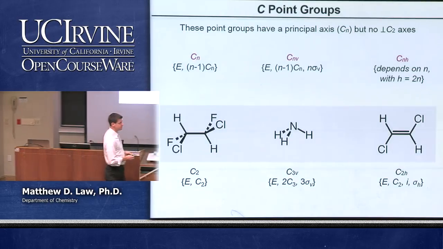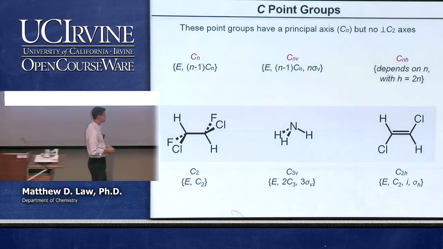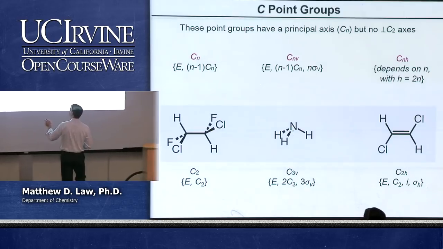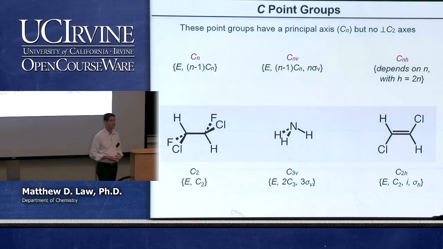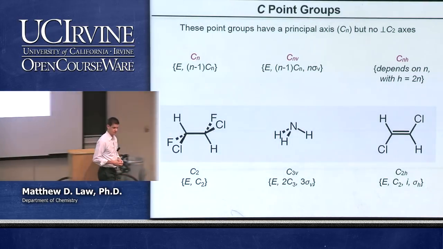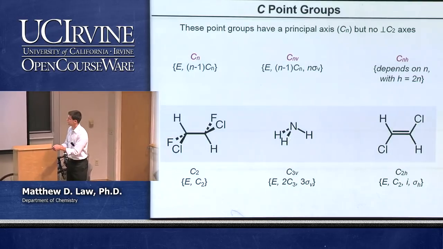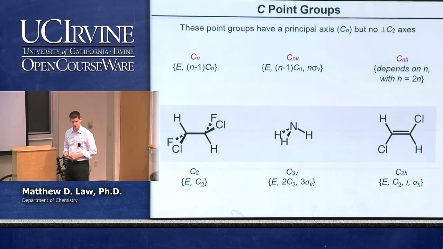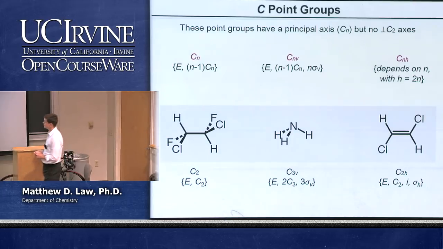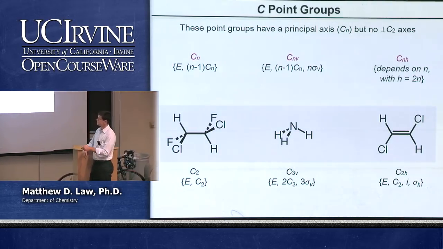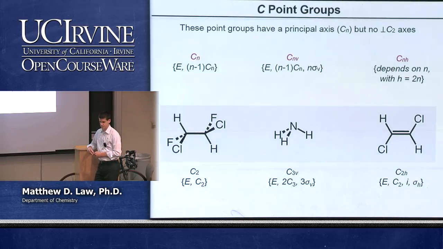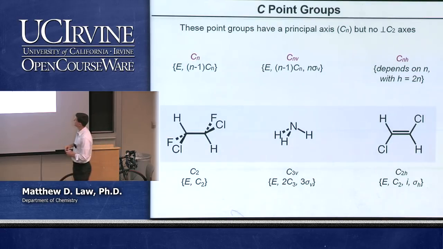CNV, we have vertical mirror planes. In this case, NH3, we have a threefold axis running this direction. The molecule is not planar, so we don't have a horizontal mirror plane, but we do have vertical mirror planes. We have three of them. Going through the nitrogen and one of the hydrogens, this nitrogen and that hydrogen, this one and that one. Those are the three different mirror planes. Vertical, so they contain the principal axis of the molecule. This is an example of C3V point group. And there's 6 total operations for that particular point group.